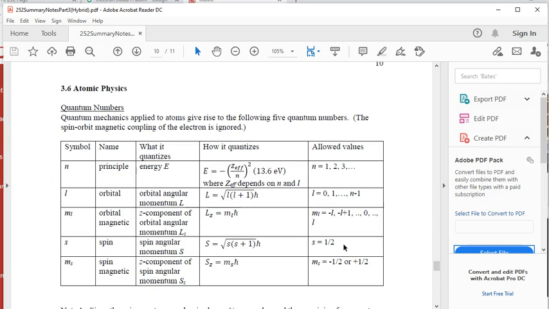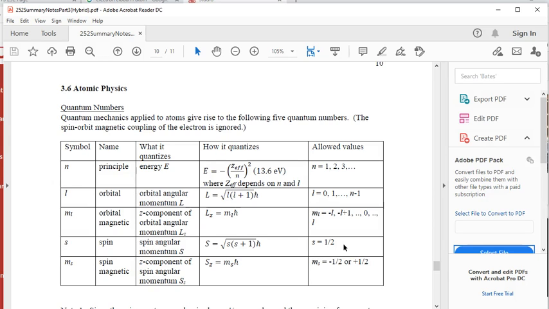Remember from physics 2, currents produce magnetic fields, so the electron going around produces a magnetic field. The spinning of the electron also produces a magnetic field, right? It's a little magnet. So there is an interaction of the spin magnet with the magnetic field produced by the orbiting electron. That's known as the spin-orbit magnetic coupling. If you include that, you have to